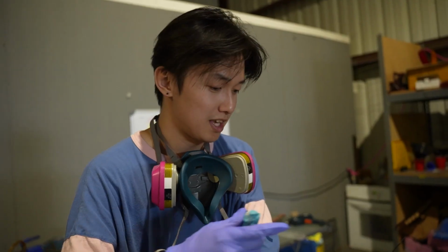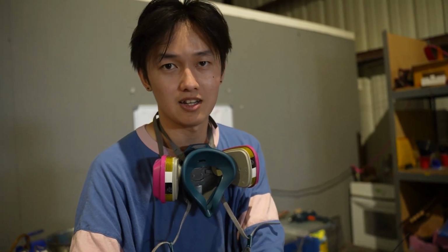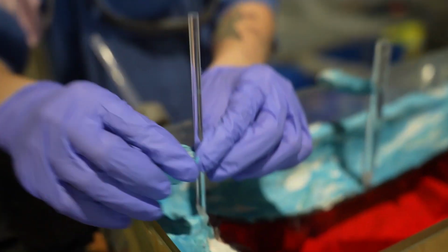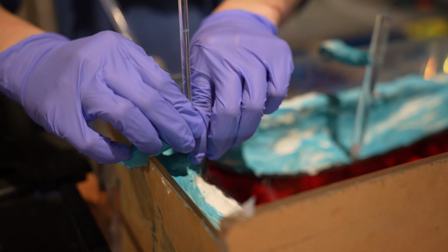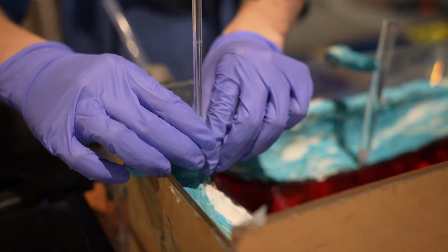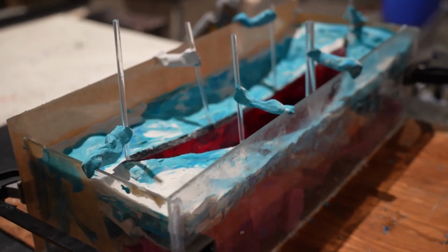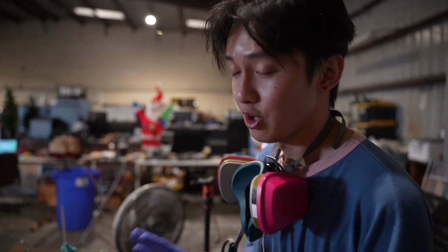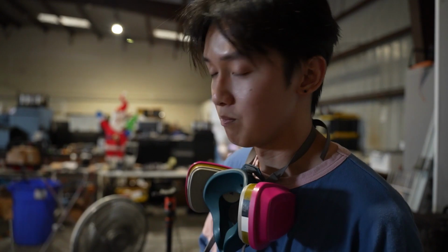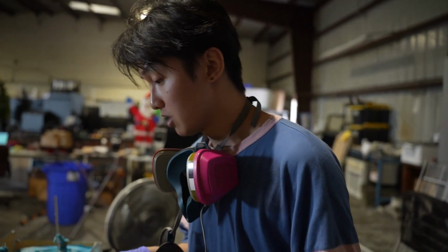Pro tip, if the sticks don't want to stay in place, use clay, put it around it, like this, and it'll hold. Voila. That's the end product. Or not end product, but close to end. After this, we're just gonna do a pour, but what you're gonna wanna do next is make